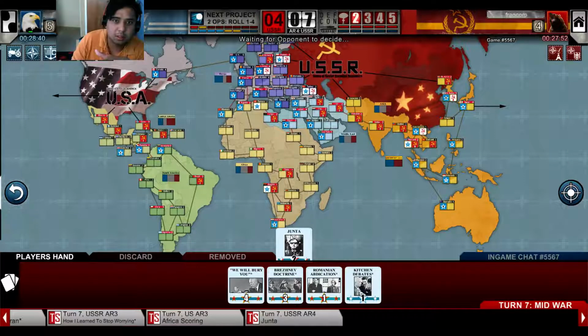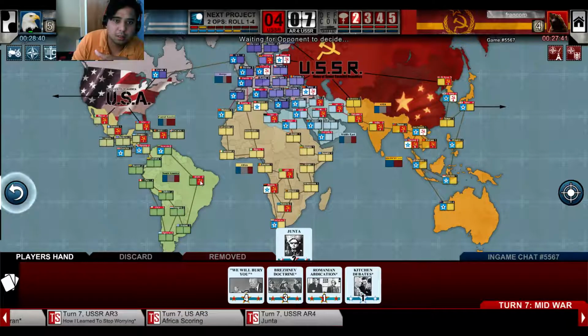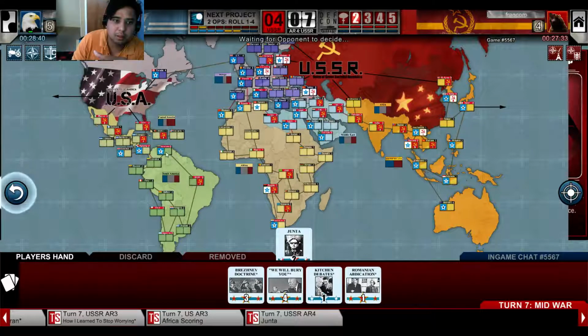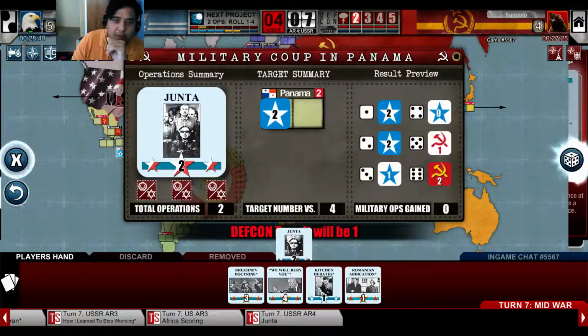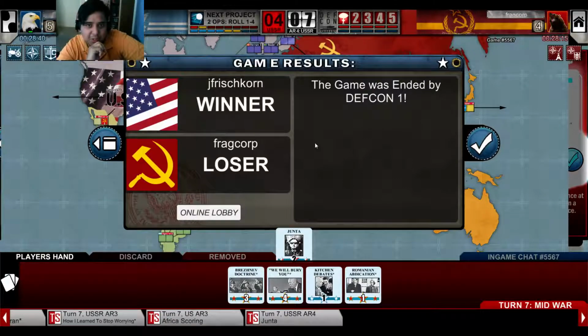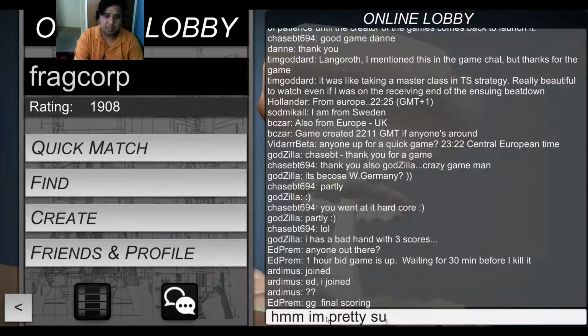Oh, what? Oh wait, what's that? I will play event. And I will attempt a coup on Panama. Amazing. What? I'm pretty sure a free coup allows me to do that. Oh well, that's okay. I'm pretty sure it does. That's okay. That was a pretty close game. I do apologize about that. I'm pretty sure a free coup would have allowed me to do that. But